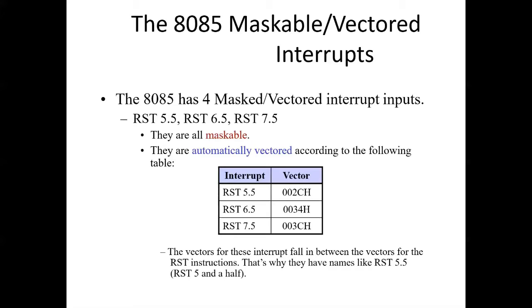The RST 7.5 internal interrupt signal is activated only when the Q output of the RST 7.5 flip-flop is at logic 1 and the IE flip-flop is in logic 1 state. The RST 7.5 interrupt is not masked by the SIM instruction. The 8085 gets interrupted because of the RST 7.5 pin only if the RST 7.5 internal interrupt signal is active and the trap internal interrupt signal is not active.